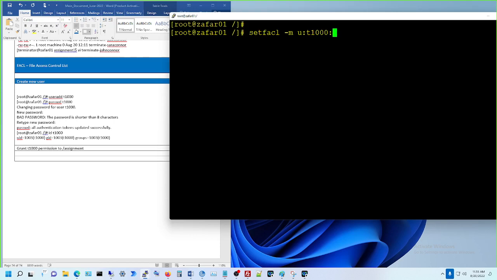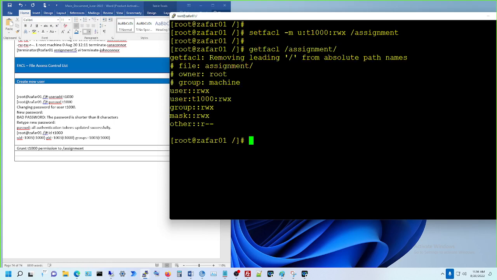and what kind of permissions you want for T1000. I want T1000 to be read, write, execute. And which file or folder do you want? You want it to be assignment. Okay, and I'm going to hit enter, and I will say getfacl assignment. And now you see here,